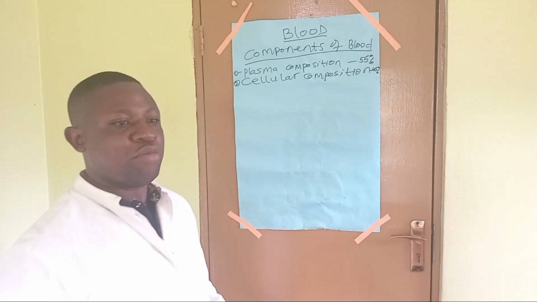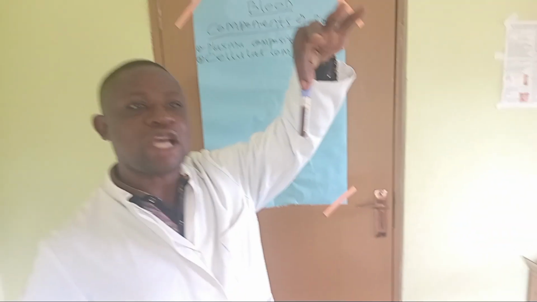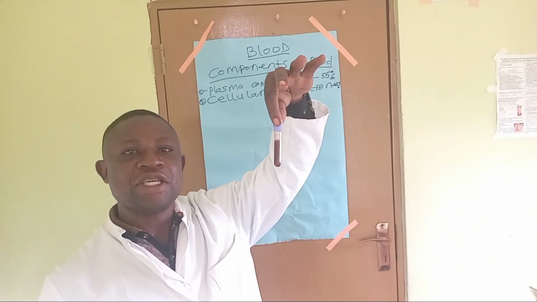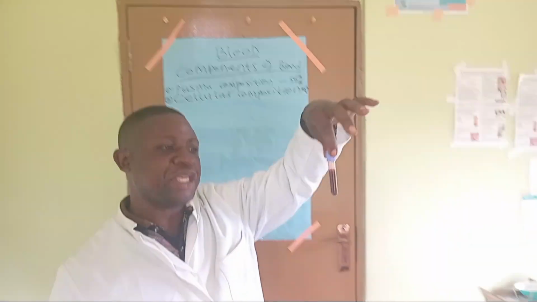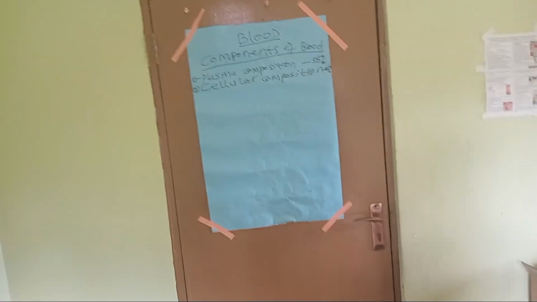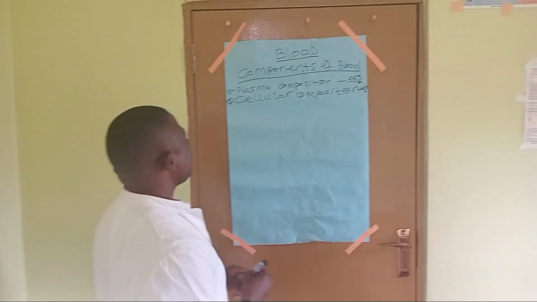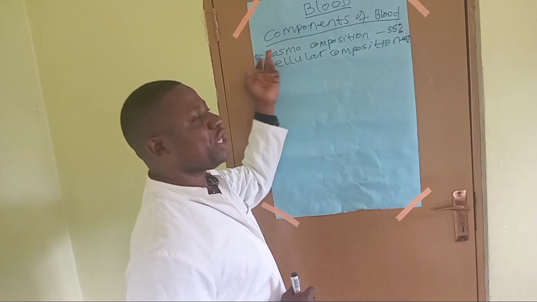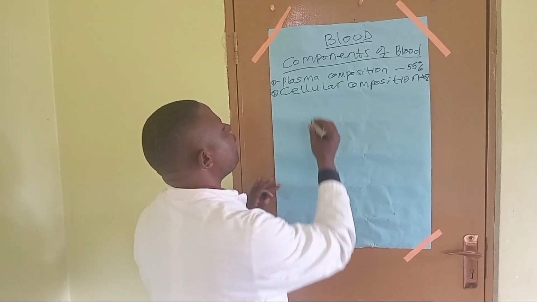Now, blood, if you don't know blood, this is our blood. This is blood. If you don't know the blood, this is our blood, which we have drawn from a patient. Now, that blood we have seen, it has two components. One is the plasma component, one is the cellular component. Now, the plasma component,